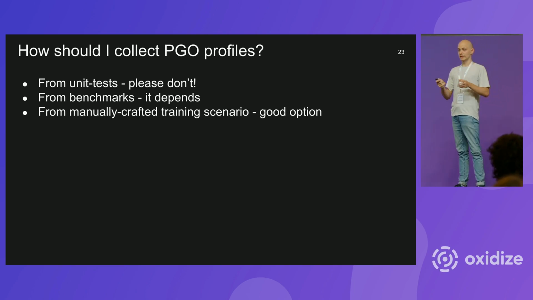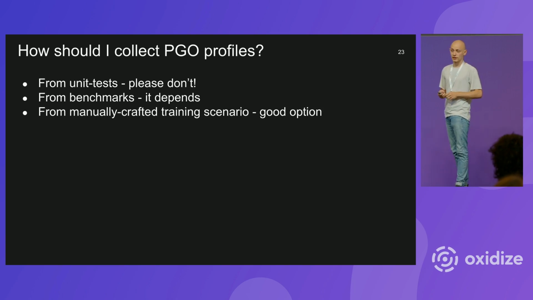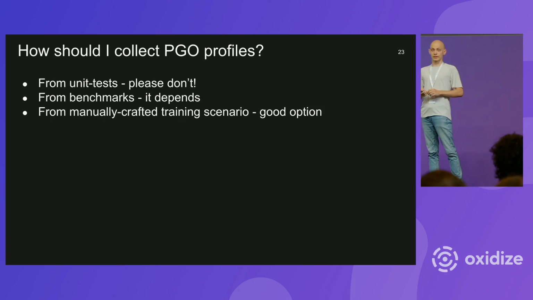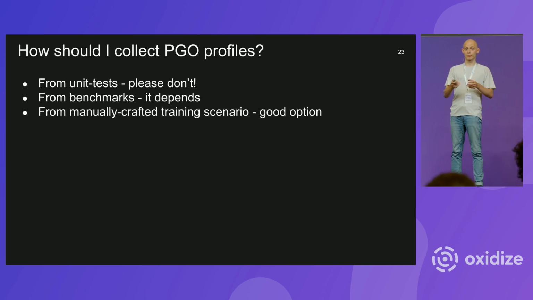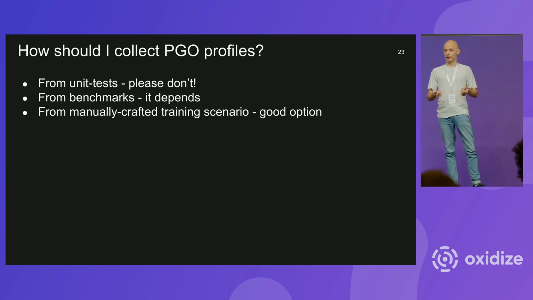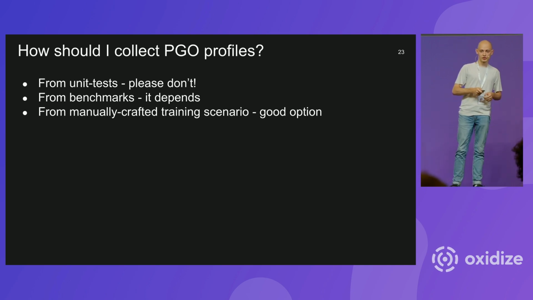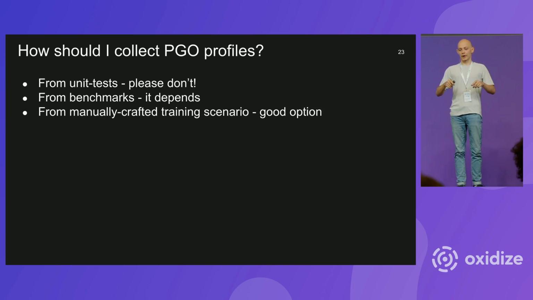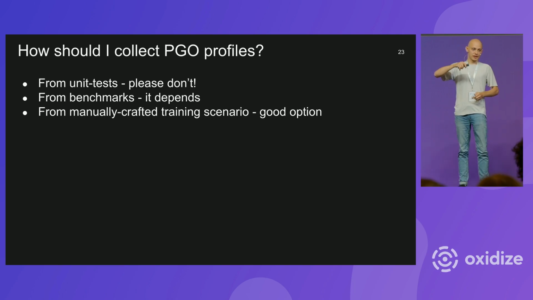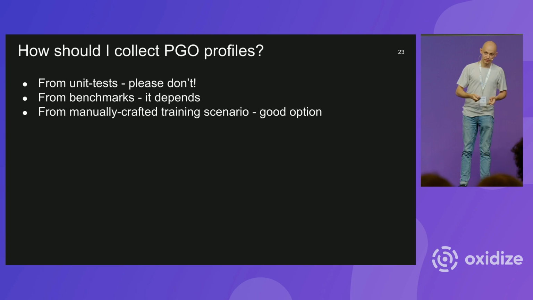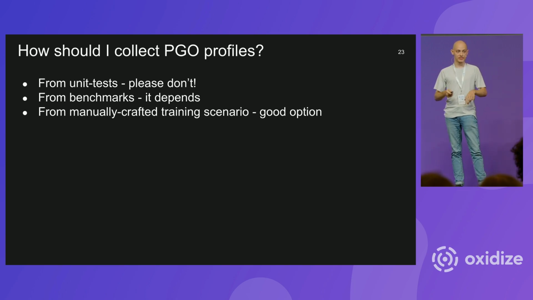You can just write a bash script or something like that, and run and type your typical workload. For example, for a compiler, the typical workload is compiling. So Rustc just compiles in the instrumentation mode. The Rustc compiler compiles a simple program with an instrumented version of Rustc, collects PGO profiles, and then recompiles it